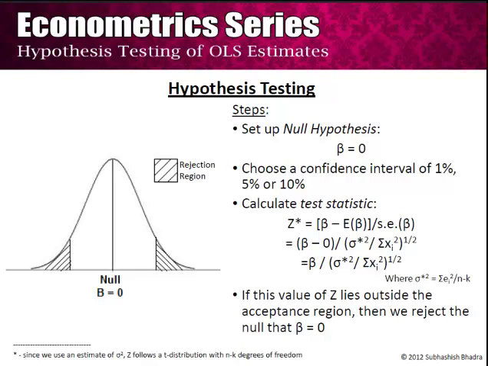After this, we are going to talk about multivariate regression, functional forms, dummy variables, and violations of the classical linear regression model. As you've noted, all these analyses are based on the assumption that the classical linear regression model holds. But what if one of those assumptions is violated? For example, what if the ui's are not independent? That is an important topic that we will deal with later in this series.